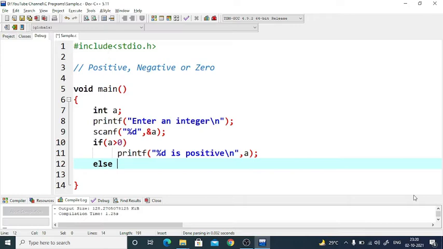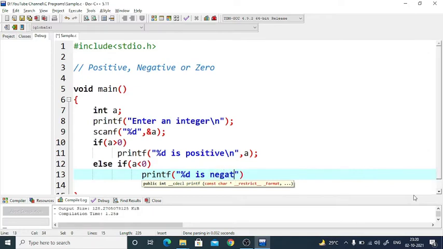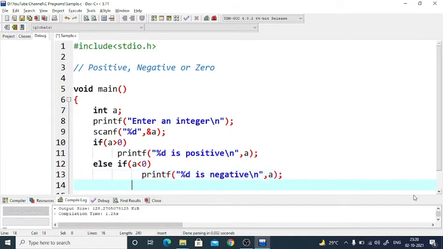So in else, I'll again start checking for the condition. If a is less than 0, now I'm very sure that the number is negative. So %d is negative. Again I'll put a semicolon, and when I go to the else part of this if, I don't need any further checking because understand the mathematics.